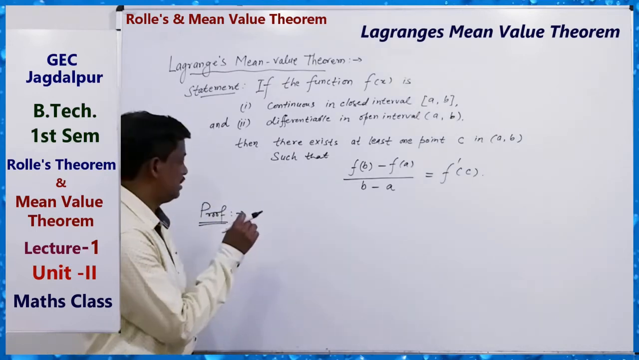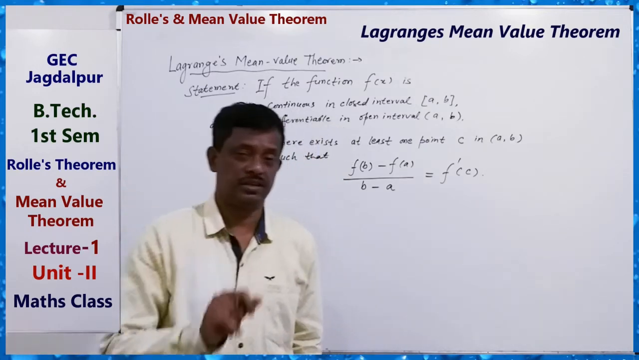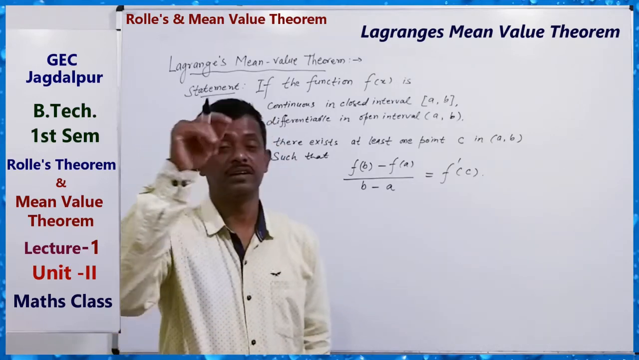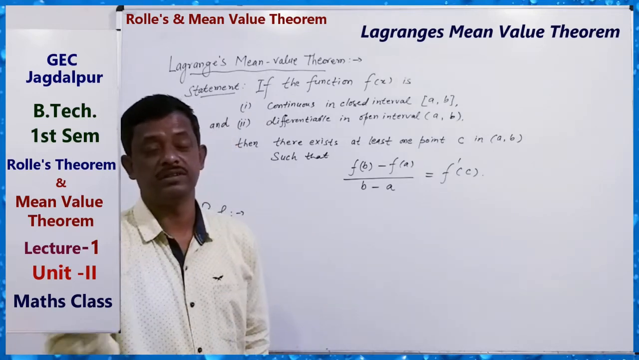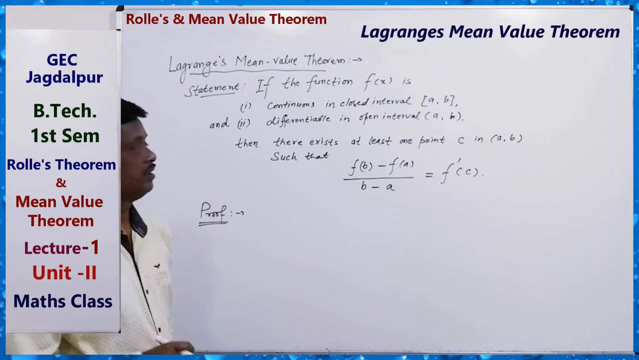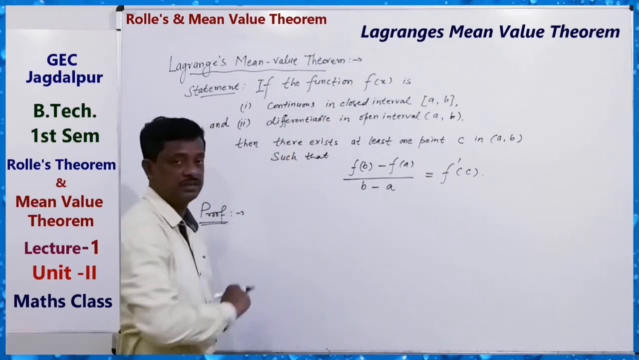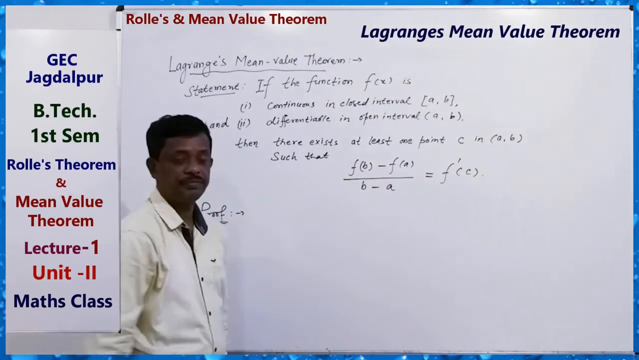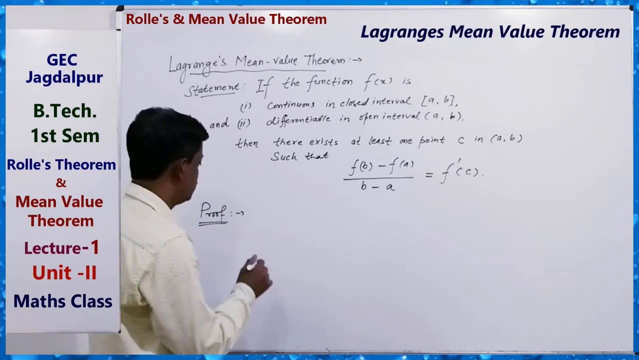In algebraic form, up to this stage we know about Rolle's theorem. If three conditions are satisfied for a function in an interval, then there is at least one point c in the open interval such that at that point the derivative is equal to 0. So for proving this, the function f(x) satisfying these two conditions gives at least one point c like this. So to prove it, we can suppose